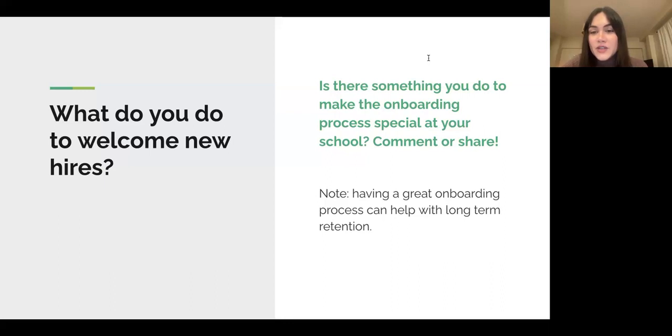I see here Shannon says we send welcome emails that include all staff and divide orientation with all admin. That's great. Also, something I missed is introducing that new staff member to your parent community as well. So maybe you do a social media post, or in your newsletter you include, welcome our new team member. This is going to be the lead guide for this age group, or whatever, and do a little brief introduction and share a fun fact about them. That could be something you could do as well.